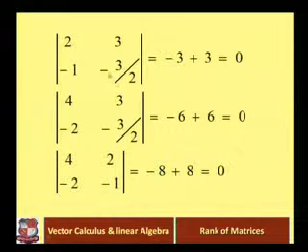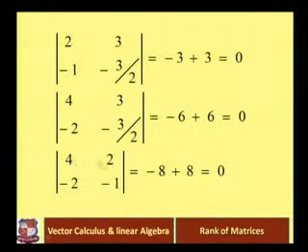Now take another minor of 2 by 2. 2, 3 minus 1 minus 3 by 2 is equal to minus 3 minus of this, minus minus plus, minus 3, that is again plus 3, which is equal to 0. Take another minor, 4, 3 minus 2 minus 3 by 2, is equal to cross product of these two elements, that is minus 6, and minus of cross product of the other two elements, that is minus 6, minus minus plus 6, so the result is 0.